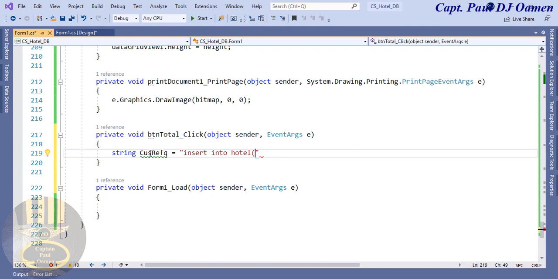So the first one is going to be cost ref, comma, followed by first name, comma, followed by surname, followed by address,